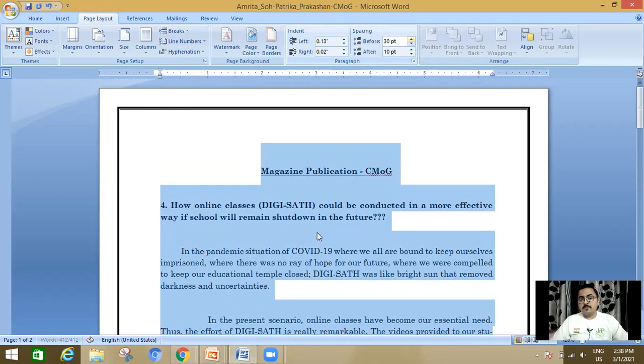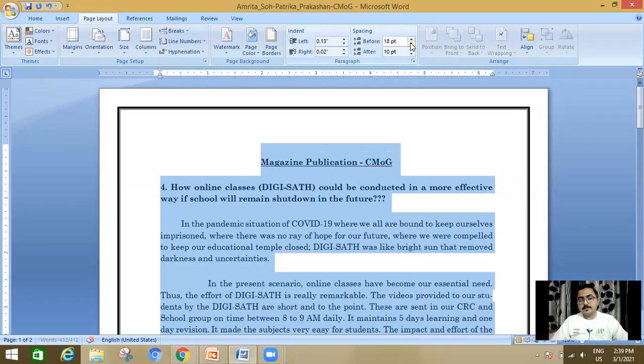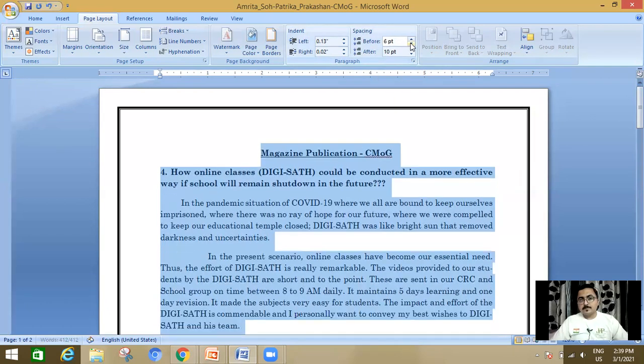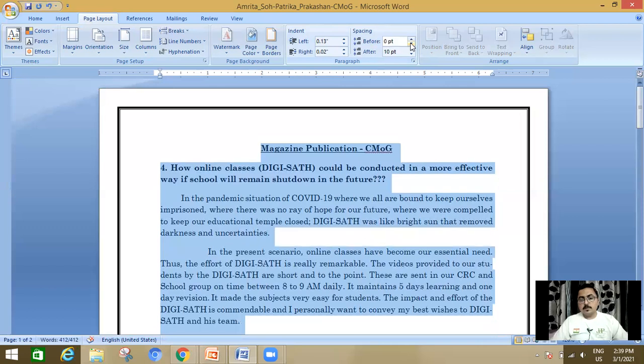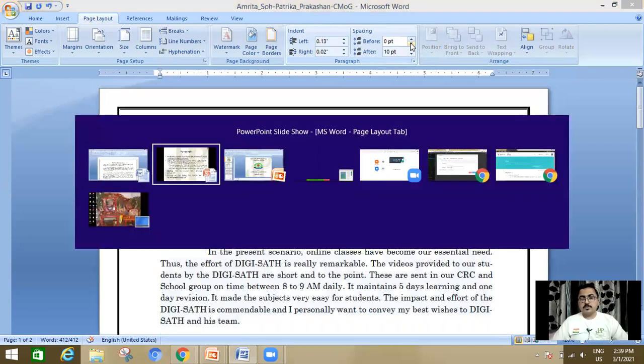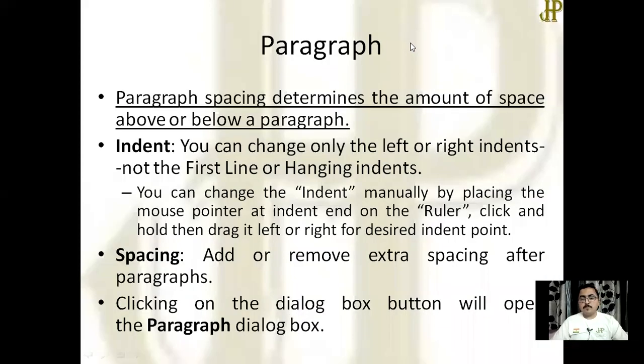Now the difference between the two paragraphs goes further, towards 30 points. Now I am going to decrease it. Now they come closer to each other. Okay? So depending on your need, you can change the indentation and spacing of your paragraph.